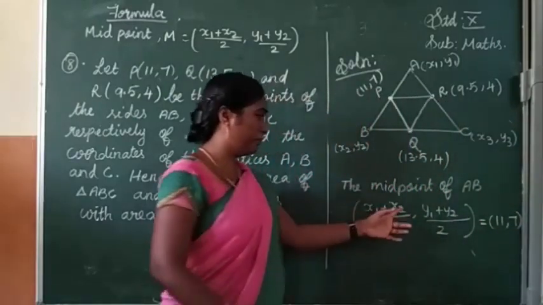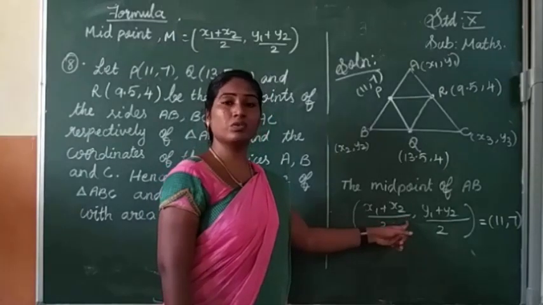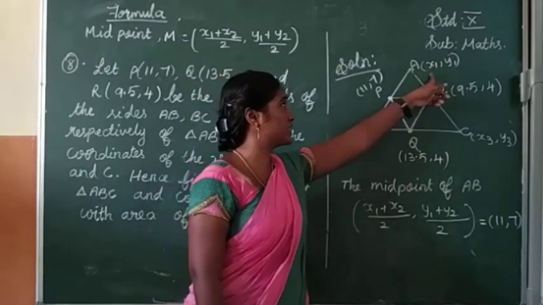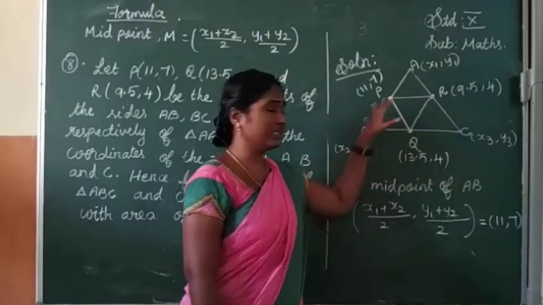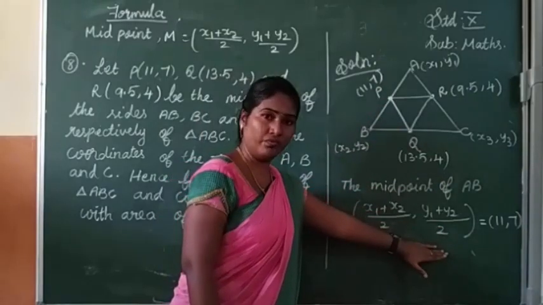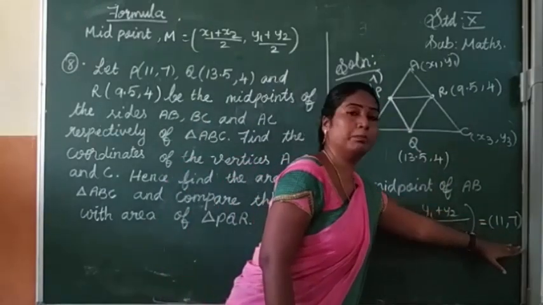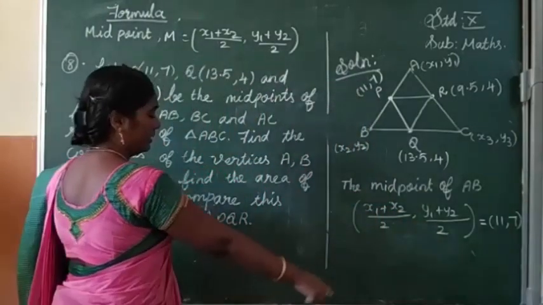Again I use the midpoint formula here. Why do I use it like this? Because we want to find the coordinates x1, y1, x2, y2, x3, y3, so we want these variables. That's why I have written the midpoint formula again. Then they gave the midpoint value, and I just combine and write here. See here.